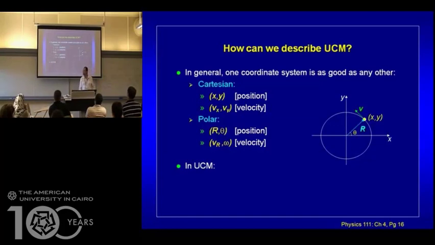What is the meaning of velocity? Rate of change of displacement. So Vx is the rate of change of x. Vy is the rate of change of the displacement y. If we carry that definition to the polar coordinate system,